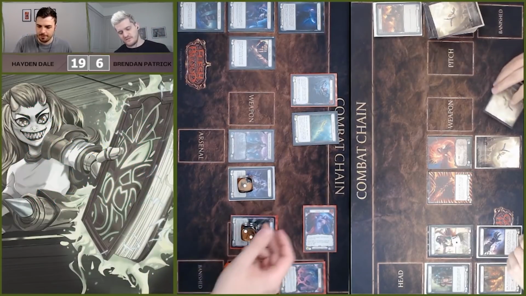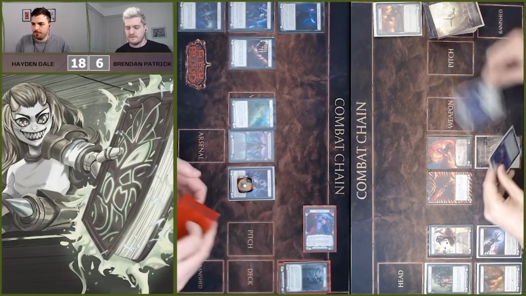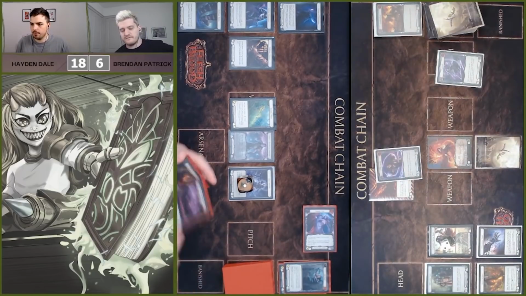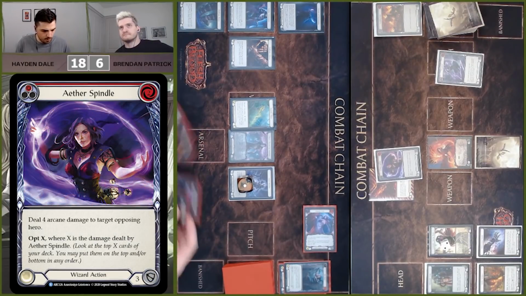Big damage swing, but I'll take one, not much of a choice on mine. Yep, you take one, you're down to 18. Yeah. Boom, big plus damage, 10. Alright, Tunic up. I will Crucible and then Aether Spindle here for 5. Yep. And I will choose to